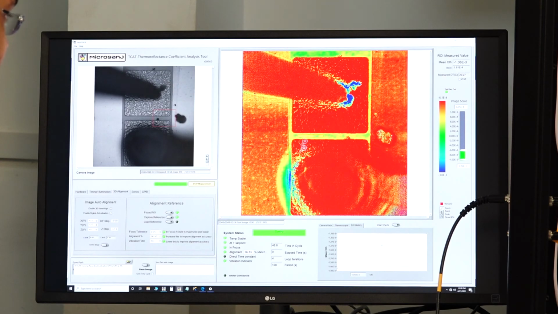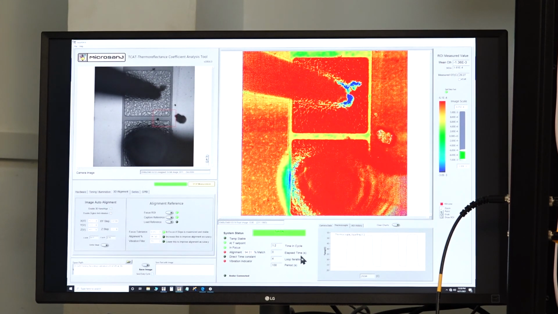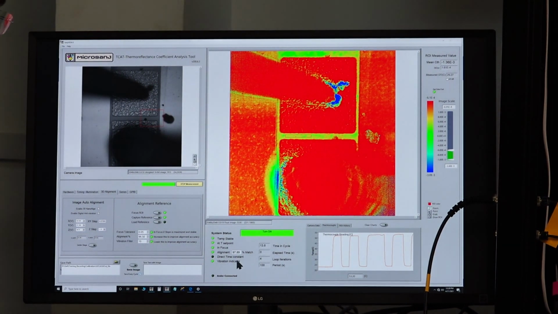As we can see, the calibration image has been generated. This is the thermoreflectance coefficient map, averaged over 4 cycles now. Each cycle has an average of 55 images, and one cycle comprises the cooling phase, heating phase, then the next cycle again cooling phase, heating phase. As you can see, the third cycle is a bit broader one because the system was waiting for a better alignment.